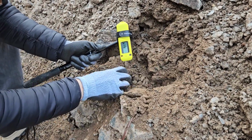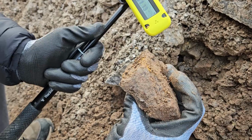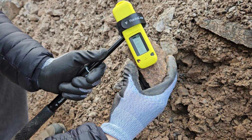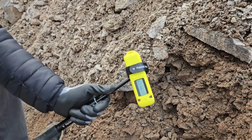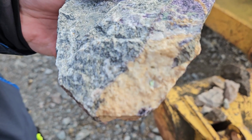After seeing in a previous video that pitchblende or uranium ore can be found in Saxony and on the German-Czech border, I wanted to make another video about other non-radioactive minerals that can be found in Saxony. In Antonstal, in addition to radioactive minerals, I also found this chunk here, which was just sticking out of the